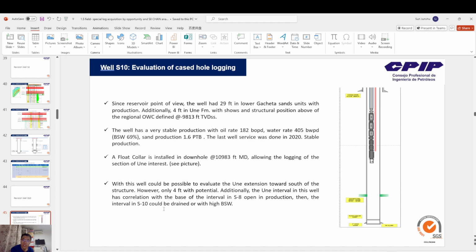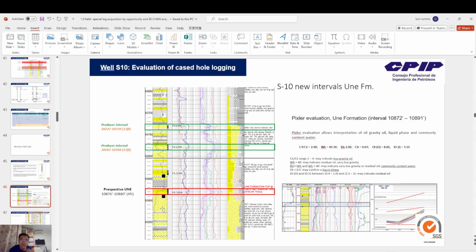Then the interval in S10 could be joined, or with high BSW. S10 new interval, Uni formation. Gas evaluation